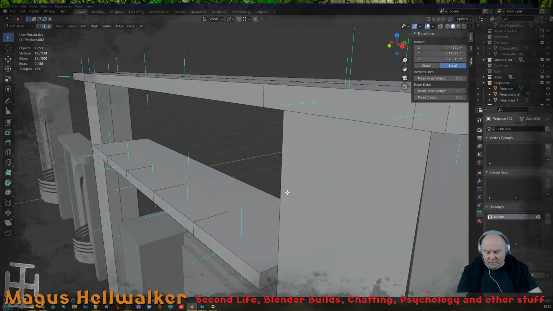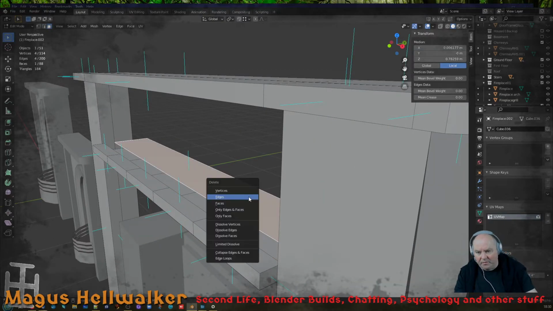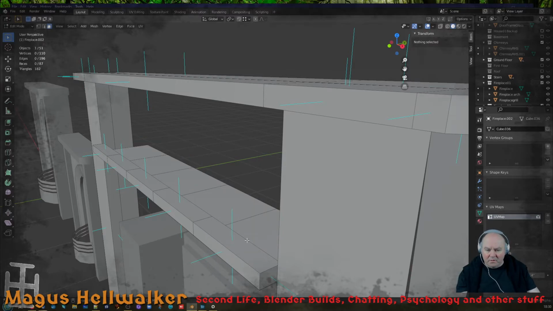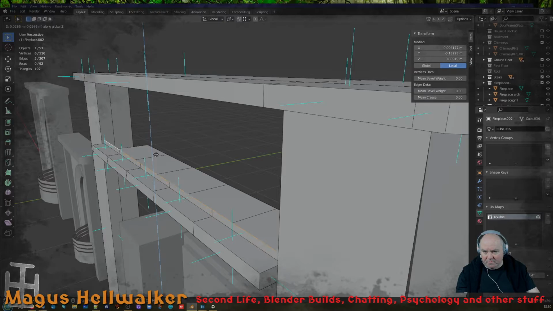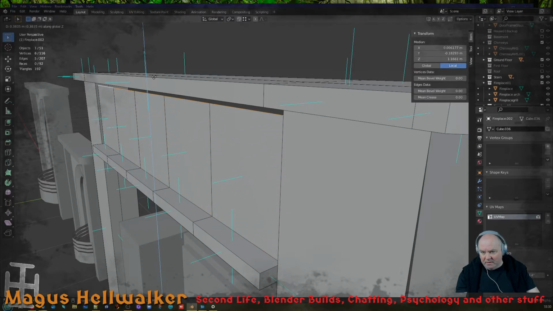Okay, I can do this. Yeah, I can just move that there. That's fine. I don't really need that. There, that's obviously separate, because all I'm going to do is extrude that upwards to give me that effect of